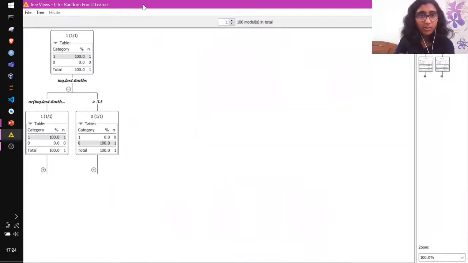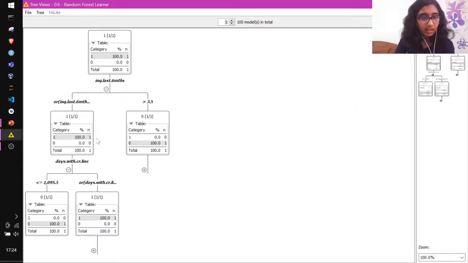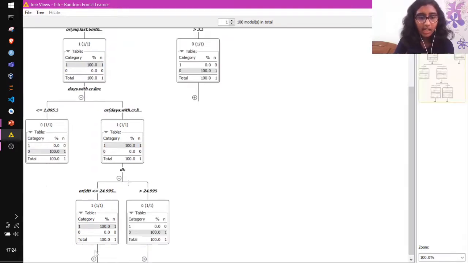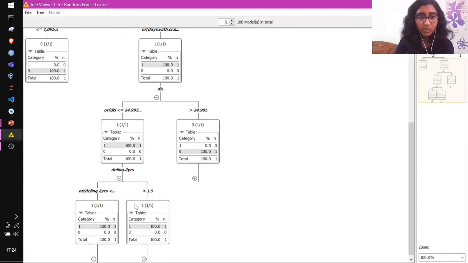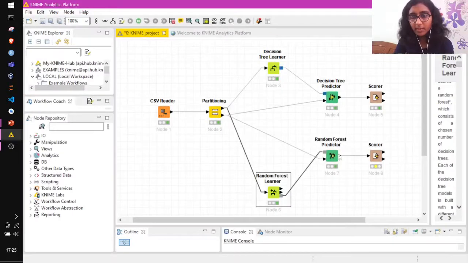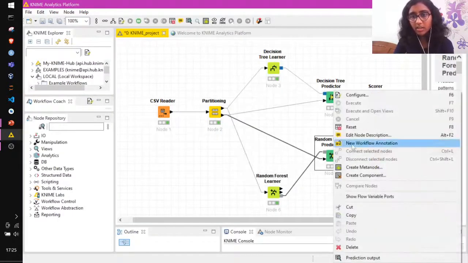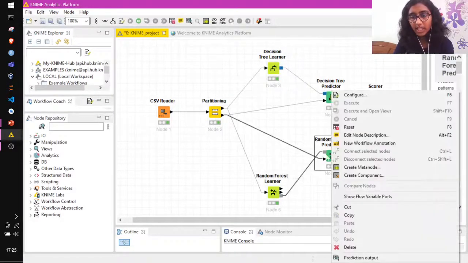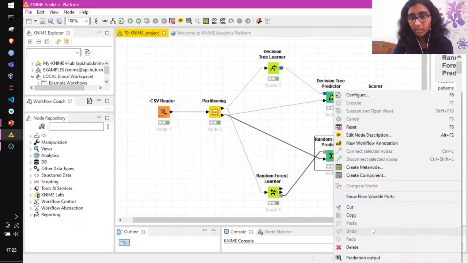This tree starts with the inquiry in the last 6 months. This is greater than 3.5, less than 3.5. Then days with credit line, like this, the tree is built in this case as well. So we ran the predictor already.